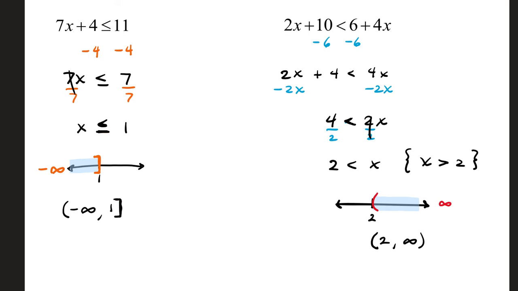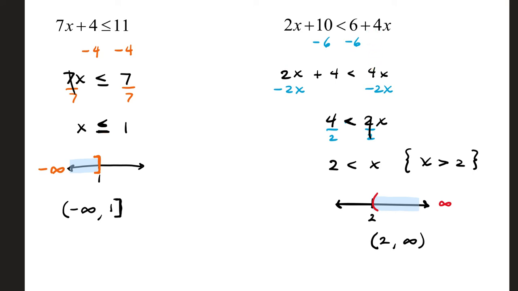The example to your right, 2x plus 10 less than 6x plus 4. Nope, I read that wrong. 2x plus 10 less than 6 plus 4x. With these, we need to pick a side for the x's and then take the constants to the other side. So if we take off 6 from both sides, that leaves 2x plus 4,